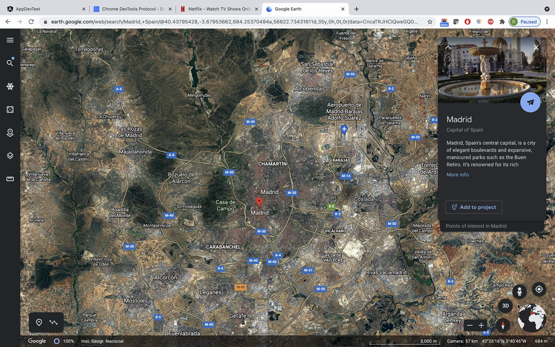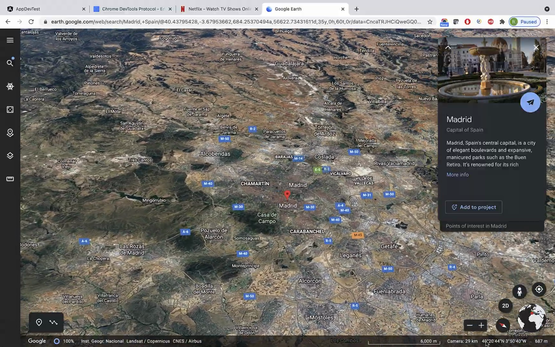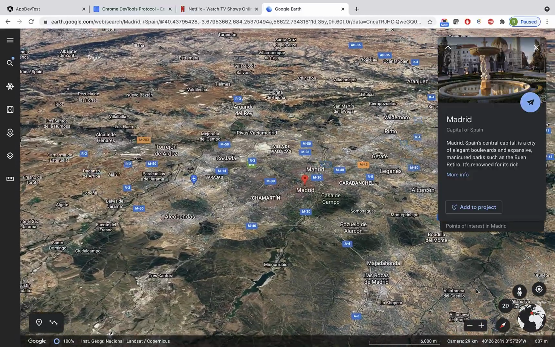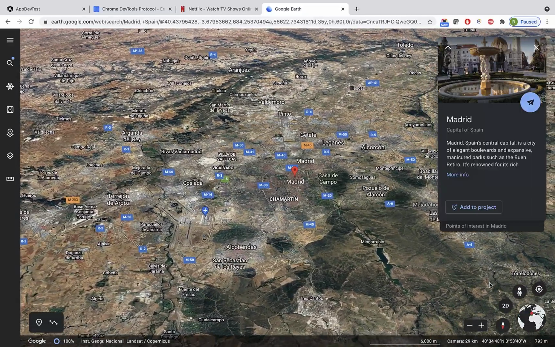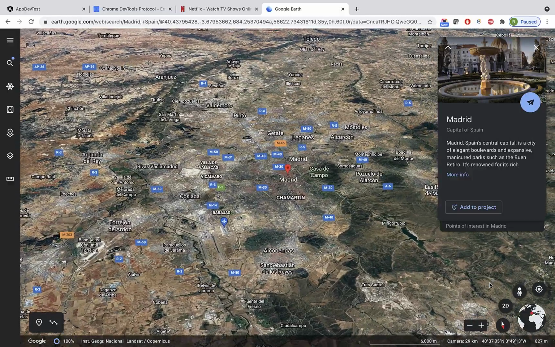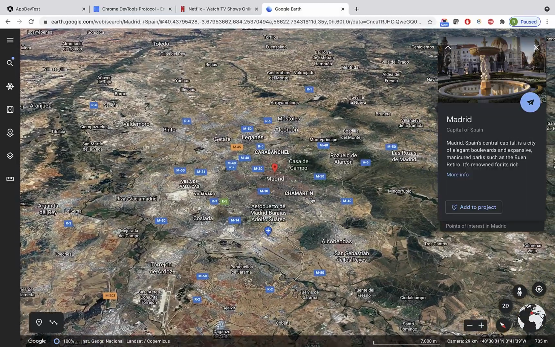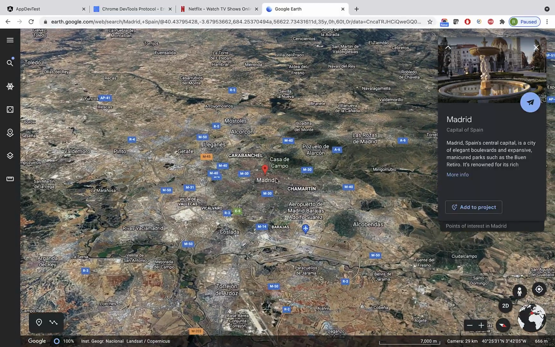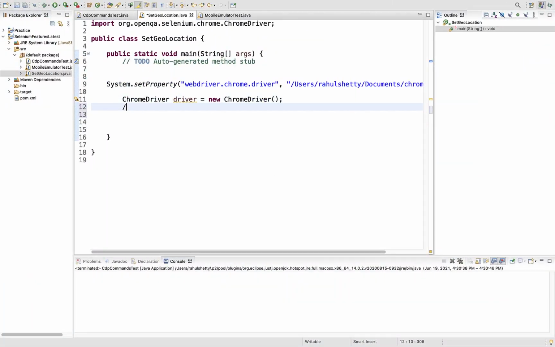Okay, so when you select this, in the bottom right, if you carefully observe, it shows 40 degrees and 3 degrees. That is nothing but latitude and longitude. On the bottom right you can see the coordinates. So if you want to browse your web page from the Spain Madrid location, 40 degrees and 3 degrees are the coordinates. Okay, let's get them into action here. 40 latitude and 3 longitude.